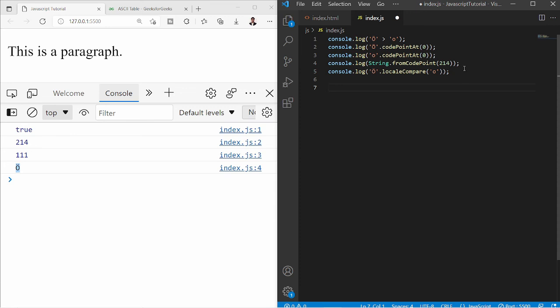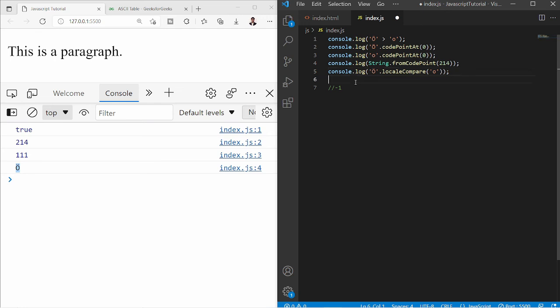Now if this line logs -1 or a negative number, it means this first character is less than the character we have provided in the bracket.